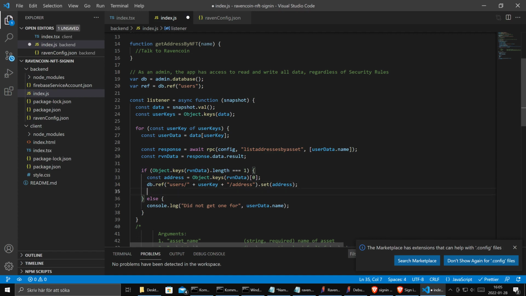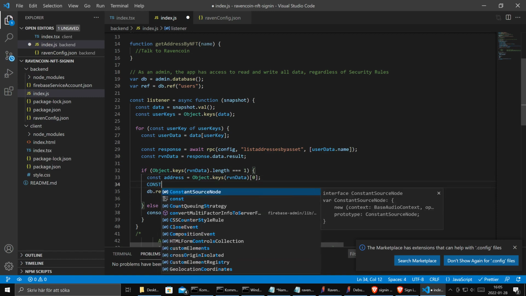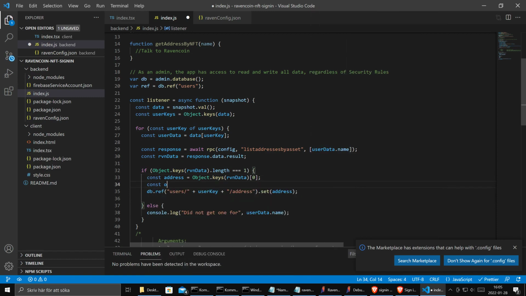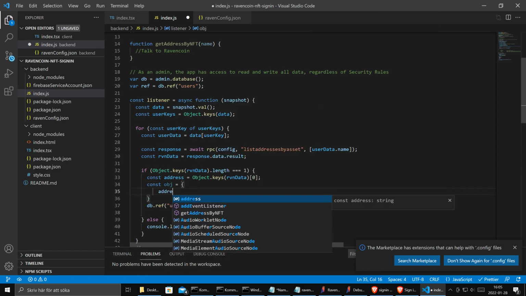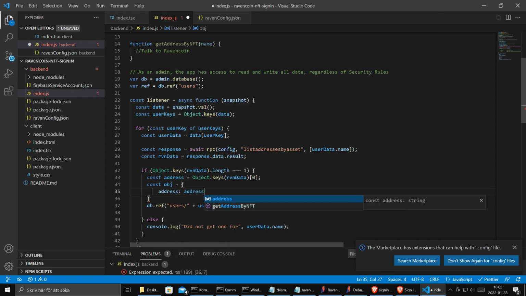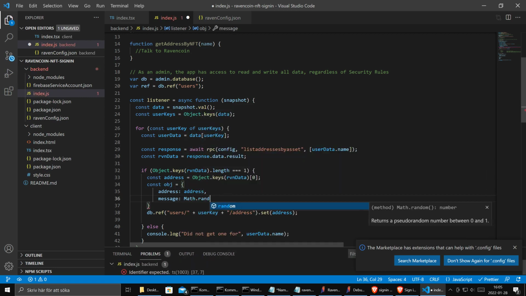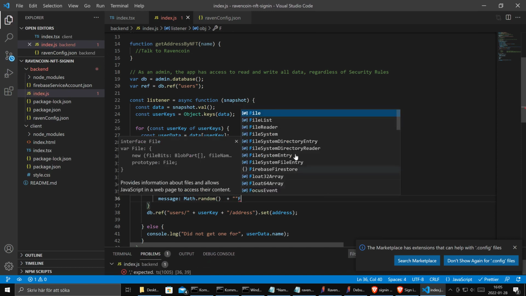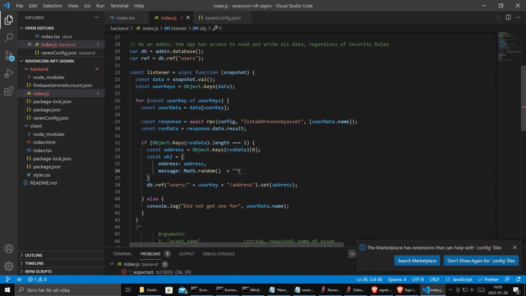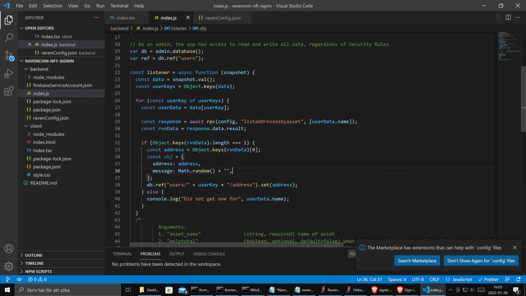So let's do this. You should not use Math.random, it is not safe, but we use it now. It's kind of safe, but so we say let's